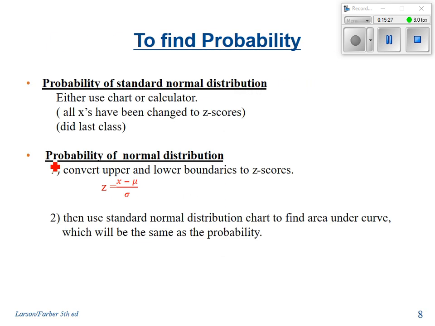Probability for standard normal, either use a chart. Does anybody want to use that chart? Do I need to get it out and explain it again? Yes, no, maybe? Does anybody not have a calculator? Anybody want to say anything? So if I'm using the chart,